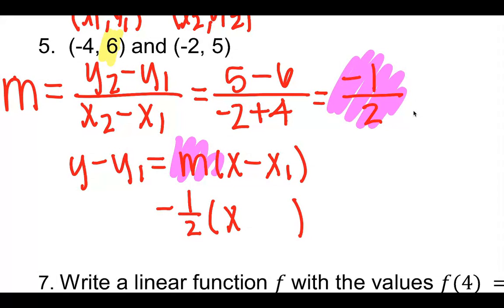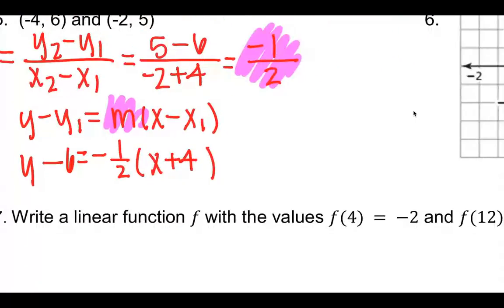So I have y minus 6 equals negative half x, x minus x1. Well, my x1's negative 4, so minus a negative again is just a positive. So there's my equation. Now, if you're looking for the slope and your b, your y-intercept, you can solve this equation to find that